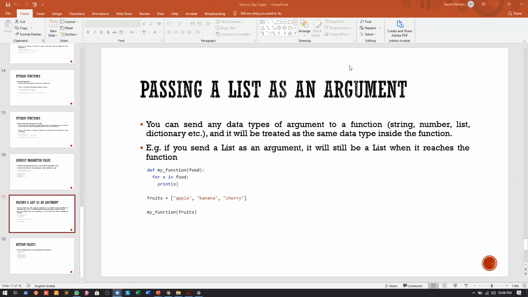Okay. So now, if you remember, we were talking about the parameters and the arguments. We can also pass a list as an argument. Again, you can send any data type as an argument to a function. It can be a string, a number, a list, a dictionary, etc. And it will be treated as the same data type inside the function. Okay. So for example, if you look at